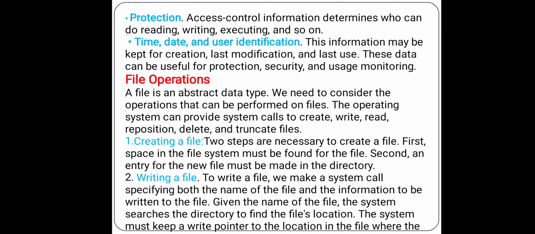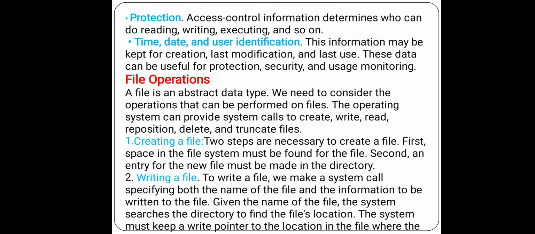See here, this information may be kept for creation: at what time and at what date you created a file, and what is the last modification on the file, right? This data can be useful for protection, security, and usage monitoring.